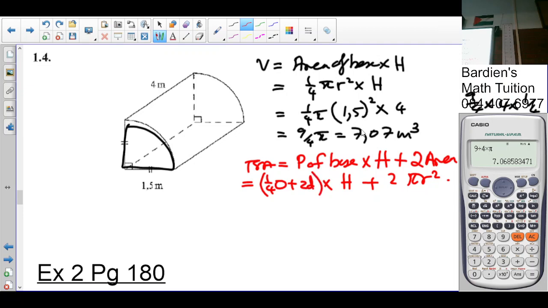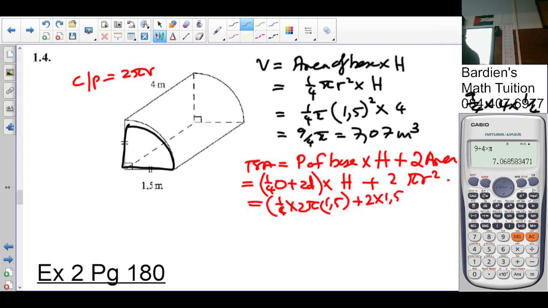Not so? How do you calculate the perimeter of a circle? Circumference of the circle? 2 pi r. Not so? So it's going to be a quarter times 2 pi. What's the radius? 1.5 plus 2d, which is 2 times 1.5. Sorry? Yeah, 3. 1.5 times 2 is 3. Yes. Times the height of this object. 4 plus